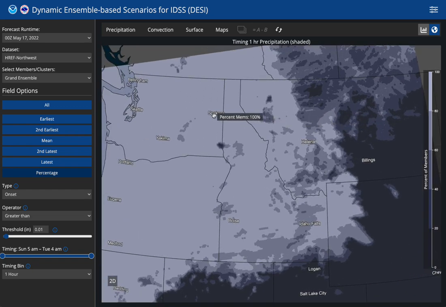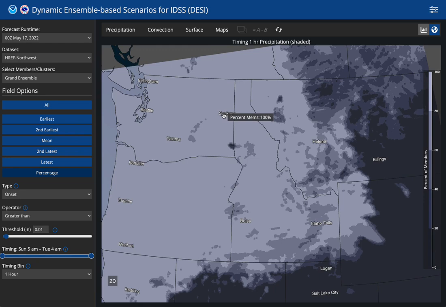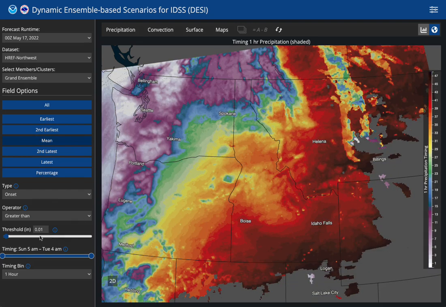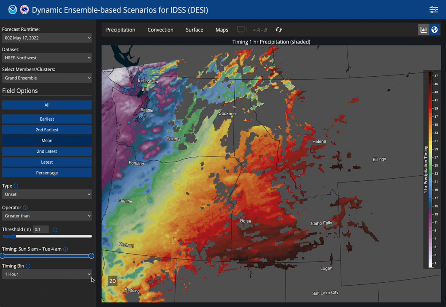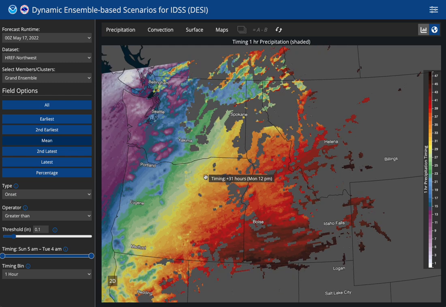So speaking of threshold, what is our threshold for precipitation, and can we change it? And the answer is absolutely. So right now, our threshold is set to 0.01 inches. And I can knock this up a little higher, let's say 1/10 of an inch, and I can press that submit button. And here is the timing information on when we expect 1/10 of an inch to fall